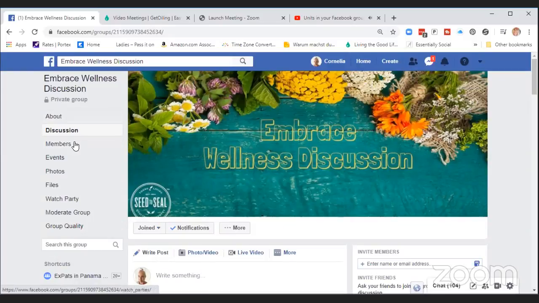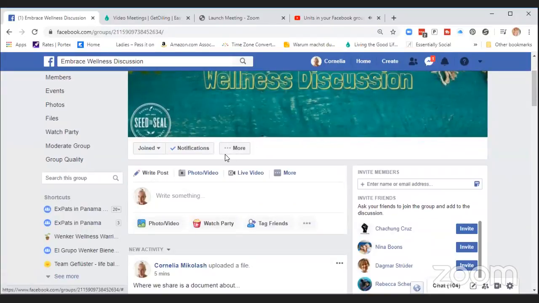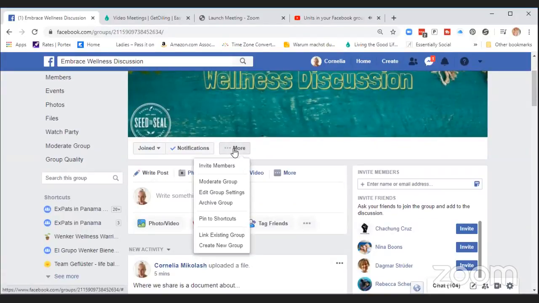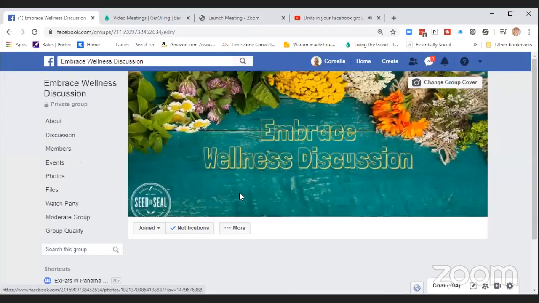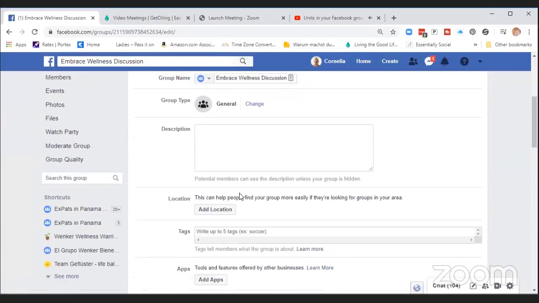To have units in your navigation and in your Facebook group, you need to change two different settings. First of all, I go here to the More button and go to Edit Group Settings. In here, I